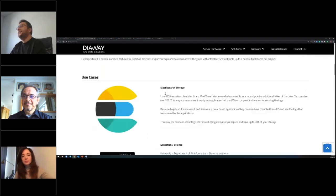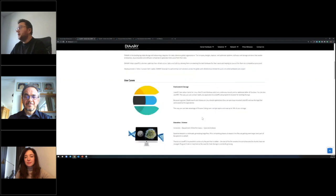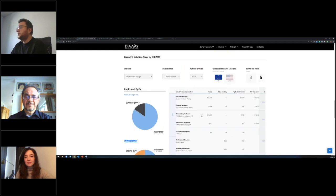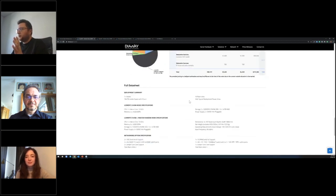So the first one, oh, it's already big, good. The first one is about the LizardFS file storage solution, and you can find the specific use cases on this page, and there's a similar sizer as well. So you can choose the specific use case and the usable space you need. Let's say it will be 700 terabytes, and you can select how many files you are going to use. If there will be, like, 600 million files, then you just select the value, and you will get the complete economics as well. Basically, the key metric is the same, so it's still usable TB space. And of course, you can find the complete